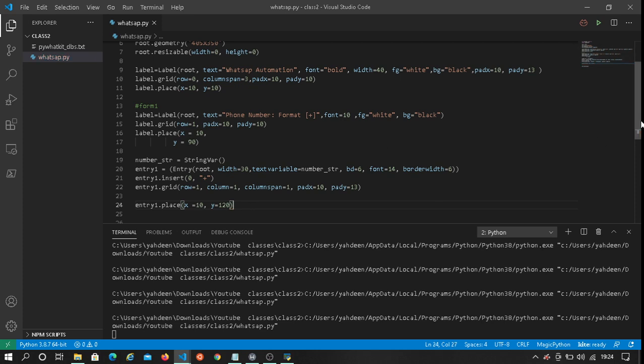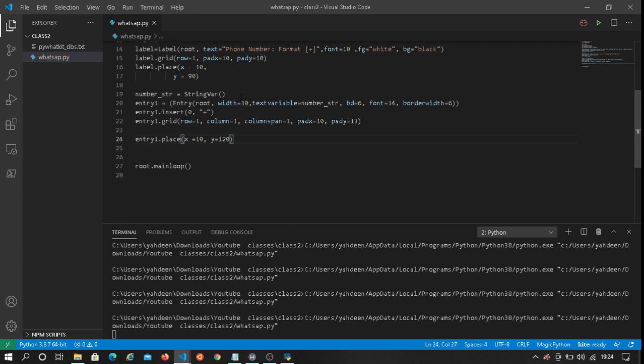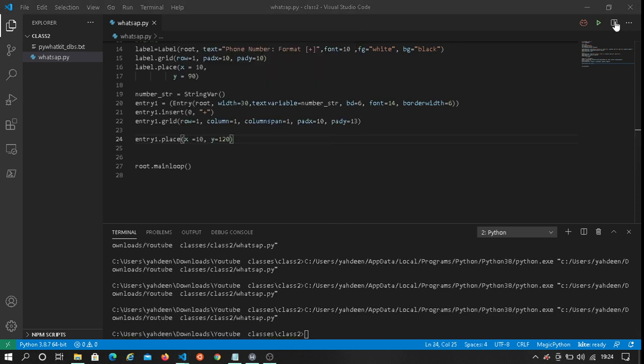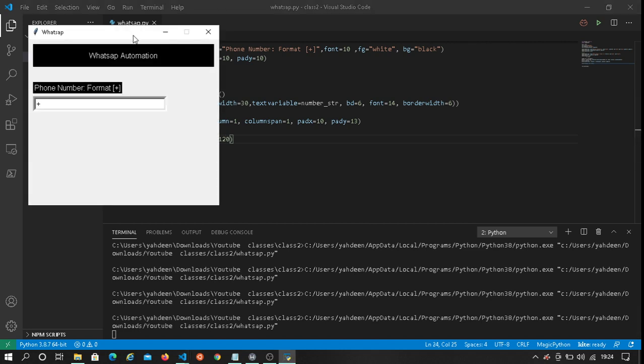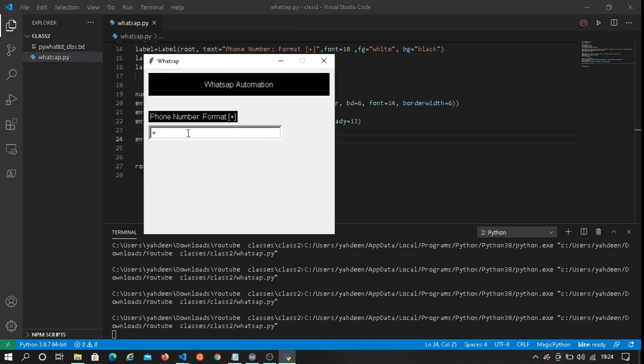So that will be our first form. Let's run this code and see. As you can see, now it looks more appealing.